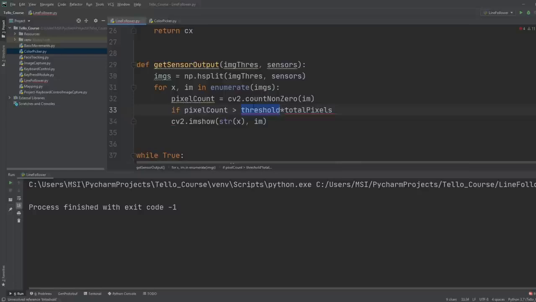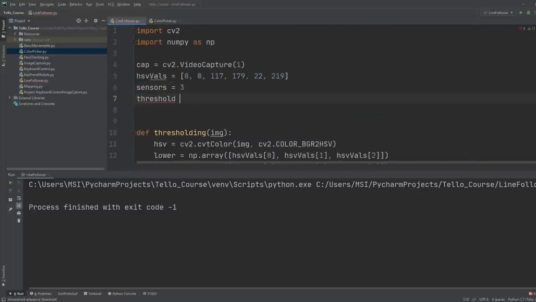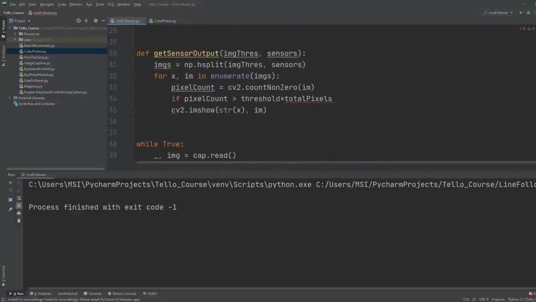So what is this threshold value? Well, we can define it up here. Let's say this is 20%. So if it's more than 20% of the total pixels, then it means it is 1. So we can multiply it here and